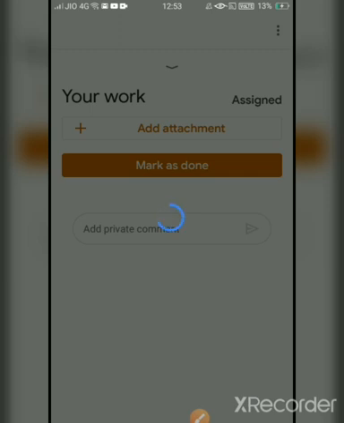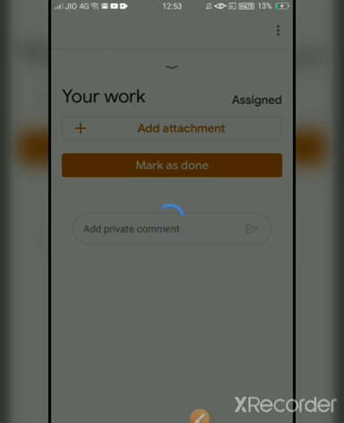Let's wait. Within few seconds my homework will get attached here. Due to some network issue it is not getting attached. If your connection is good, it will get attached within few seconds. Now it's getting attached. Let's wait.